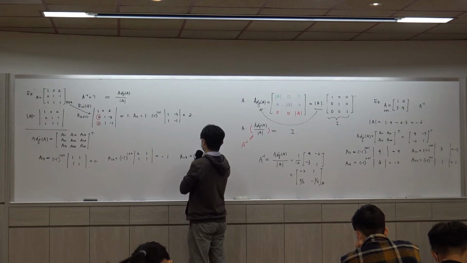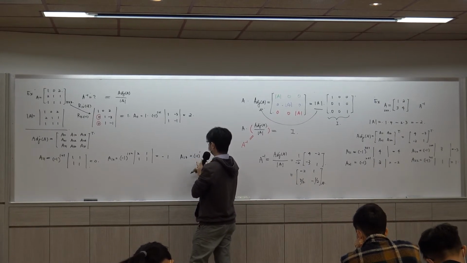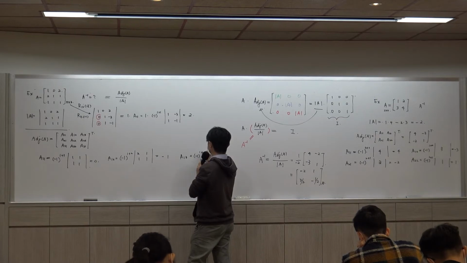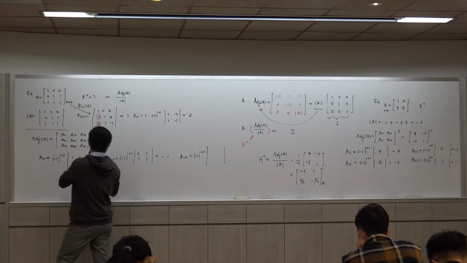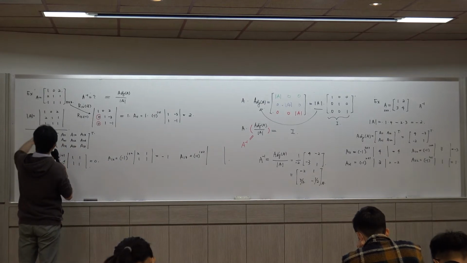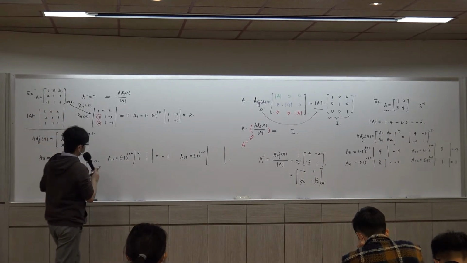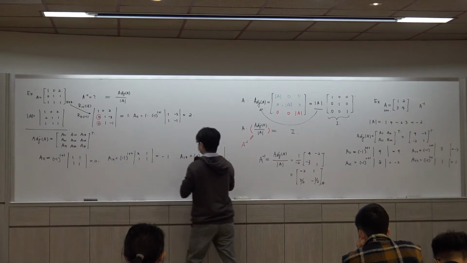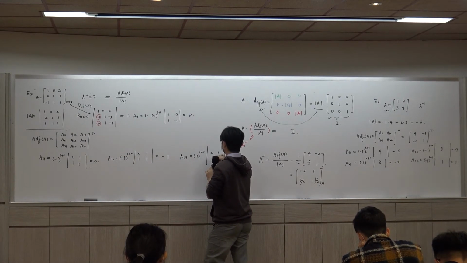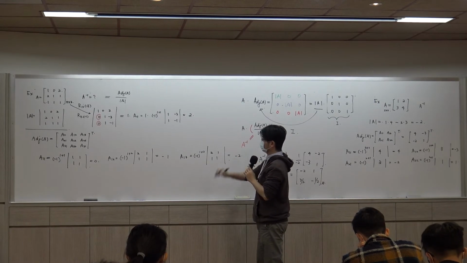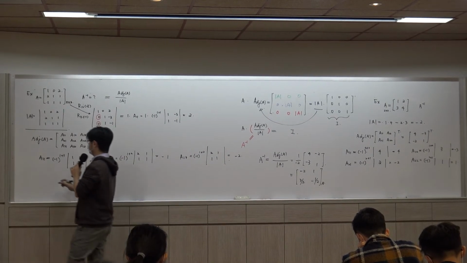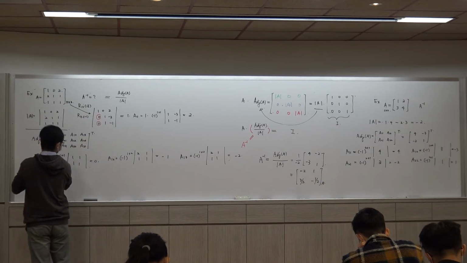A13 equals, this one is a calibration term, so we remove the first row and the third column. Okay. Similarly,